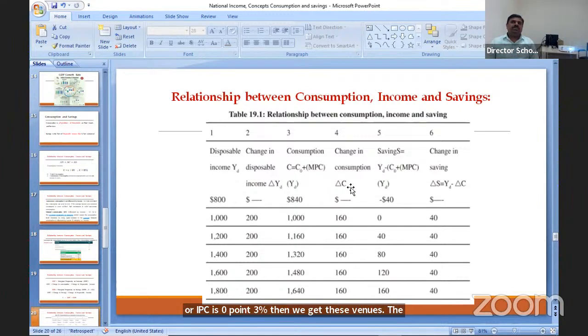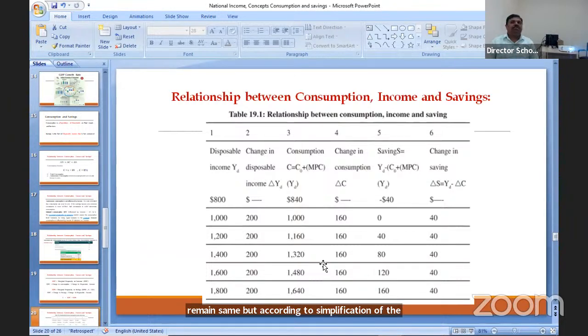The change in consumption means here the consumption is 1,000, then onwards income increases up to $1,200, then consumption also increases up to $1,160. Means the change in consumption is $160, which is the same at every stage. It is an example, it cannot be changed at every stage. It is not necessary to remain the same, but for simplification of the example, they have given us the same